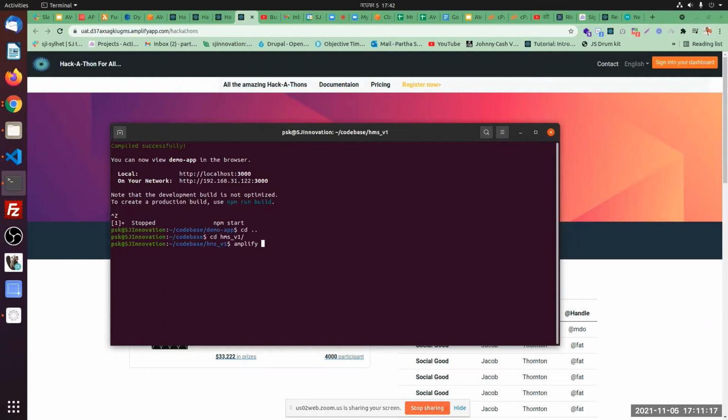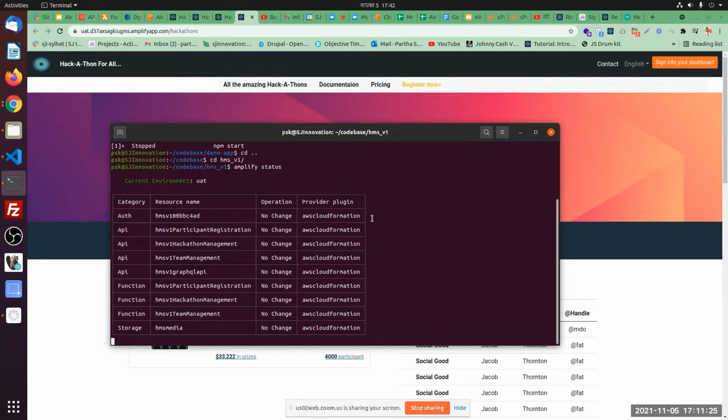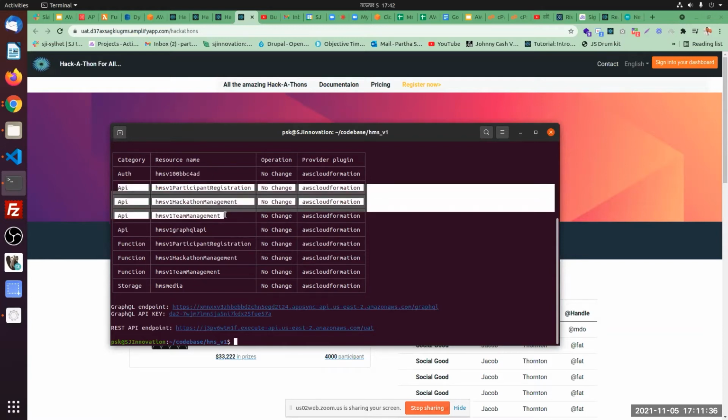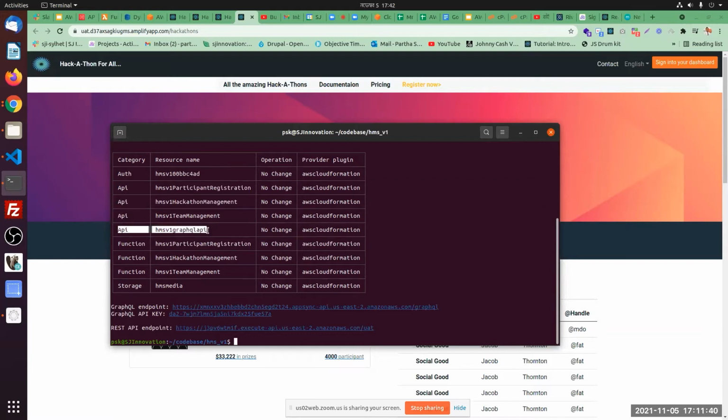So I'm on the application root folder, and if we type amplify status, we will be able to see all the services used there. For authentication, we are using Cognito. These are the APIs from the REST point of view, I mean the REST APIs, and this API is for GraphQL, which is handling all the database storage. And along with these,